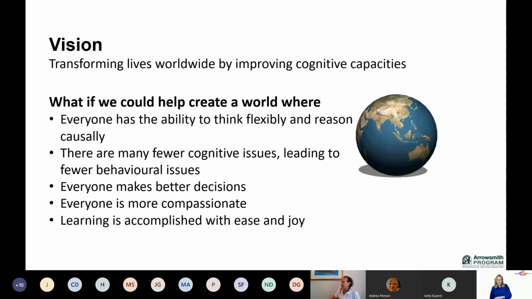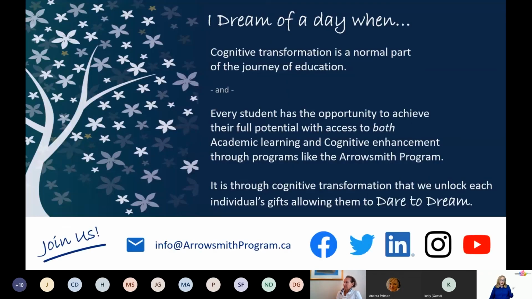And certainly all of these things were my experience having gone through this program, because I was the first student that did the symbol relations activity, and I did it in the intensive mode. I just didn't know any other way to do it. So I was the first symbol relations cognitive intensive program student. So to me, this is our vision. And then, what do I dream of? A day when this kind of work just becomes a normal part of the journey of education, that every student has access to these kinds of programs within their school system.